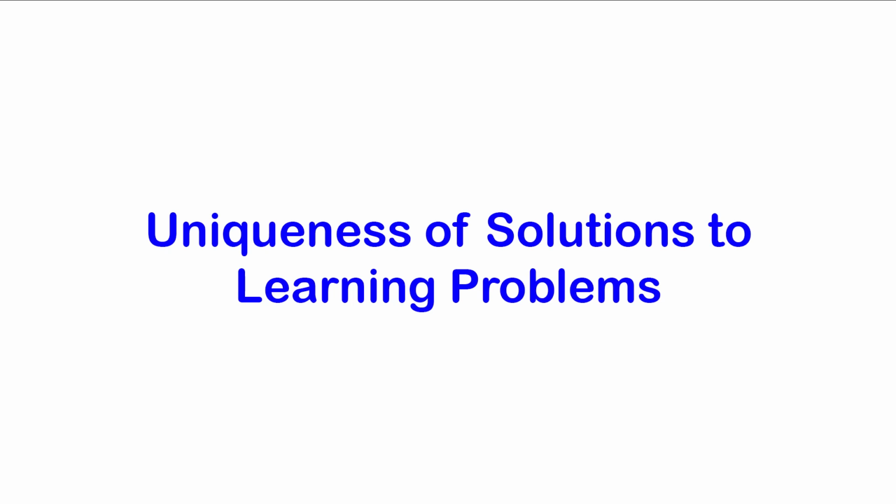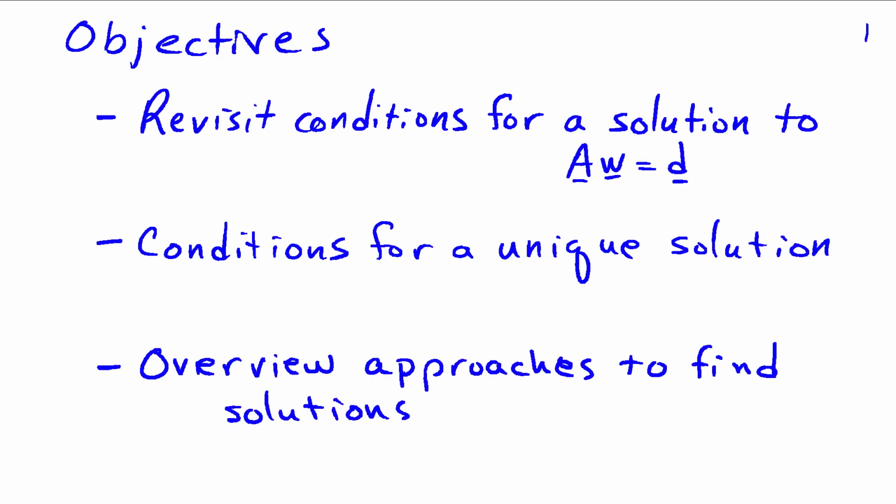In a previous video, we looked at whether there was a solution or not to the system of linear equations that often arises in machine learning. In this video, we're going to look at when those solutions are unique. So our objectives are to first revisit the conditions when there is a solution to the system of linear equations AW equals D, and we'll establish conditions for a unique solution, and then we'll talk briefly about some approaches